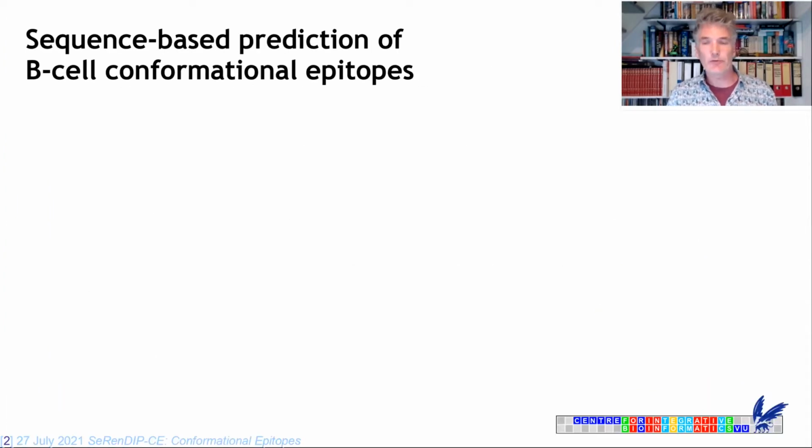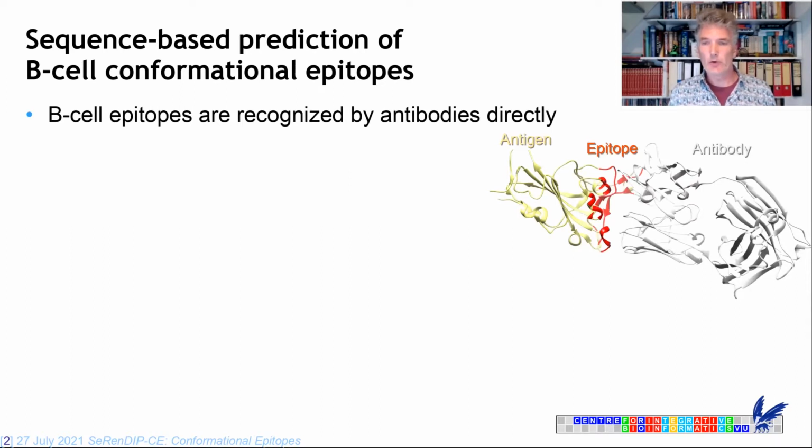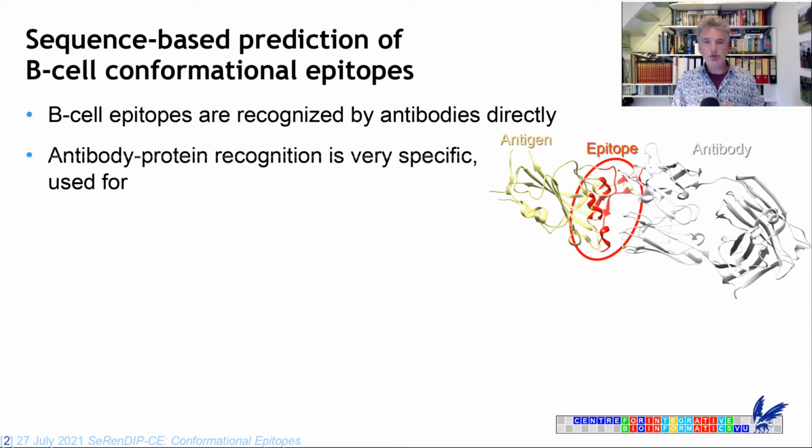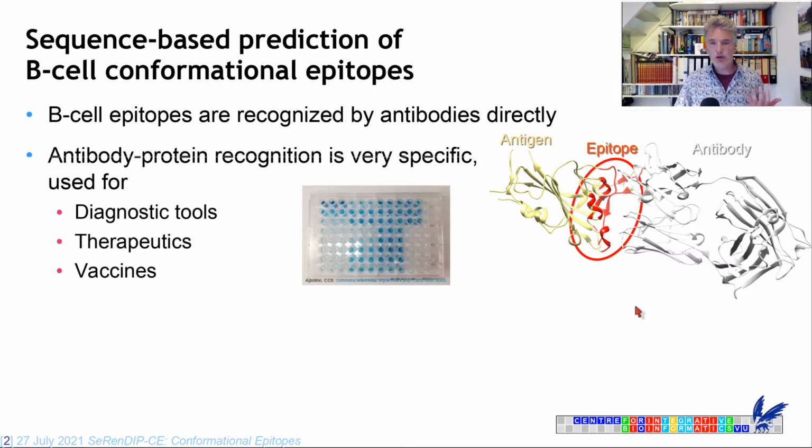These are B-cell epitopes, and as you might know, they're the antibody binding region of antigen proteins. This recognition is very specific and used extensively, for example, as diagnostic tools or therapeutics, and also in the development of vaccines. However, the development of antibodies that are routinely used is often proprietary. The methods aren't always open, and it's therefore very hard to optimize